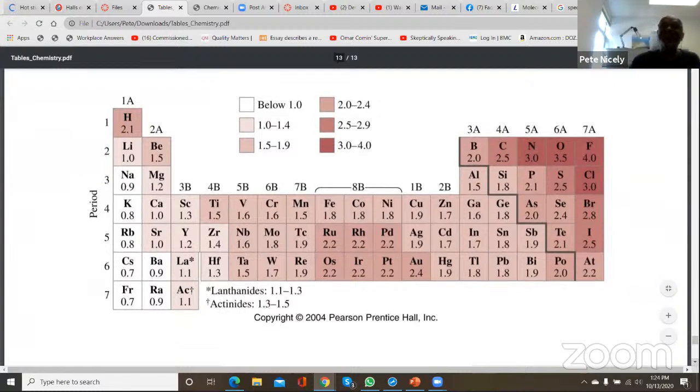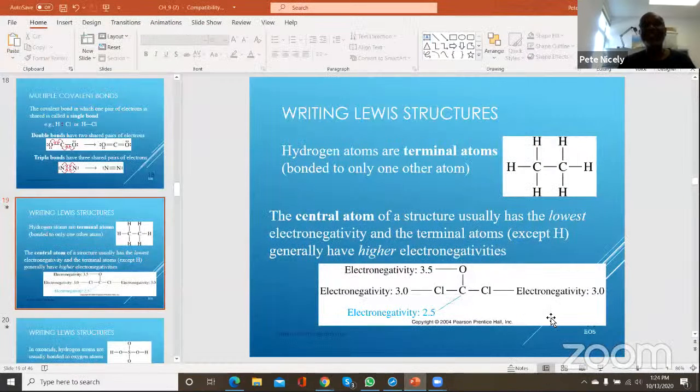It gives you the electronegativity values of different elements. And as I said, it's a 4-point scale. Fluorine is the most electronegative element in the periodic table, so you will never find fluorine at the middle of a Lewis structure. This is what you're going to use to determine which element should go to the middle. The element with the lowest electronegativity value of the elements involved in the structure will be the one that you place in the middle. So for example, in this arrangement that we see here,